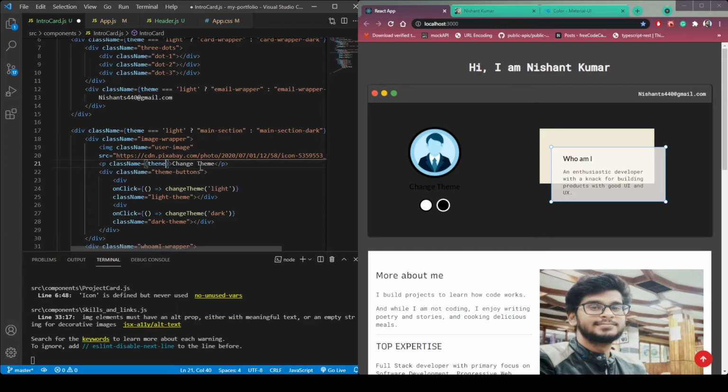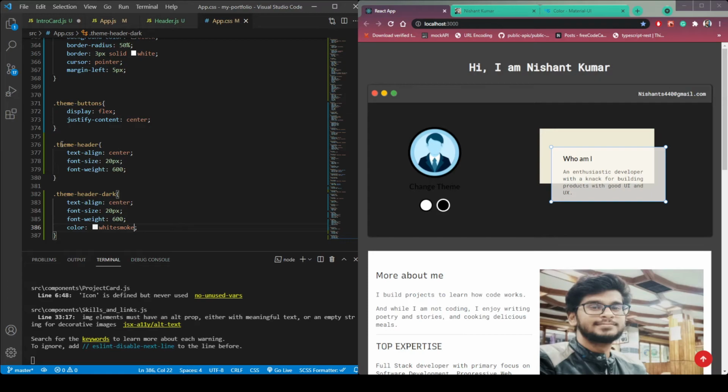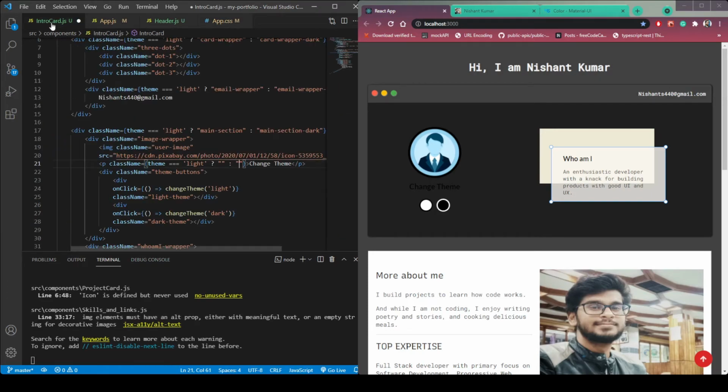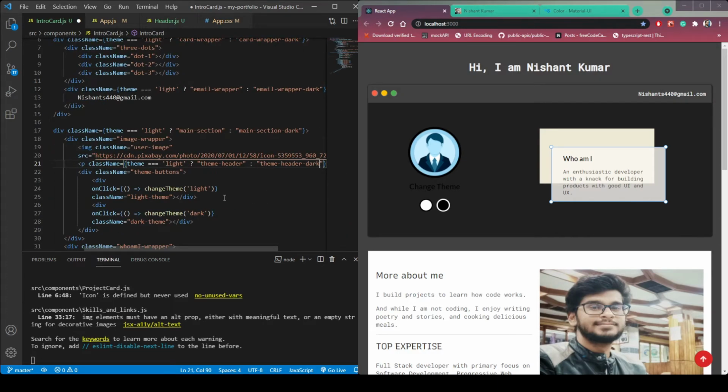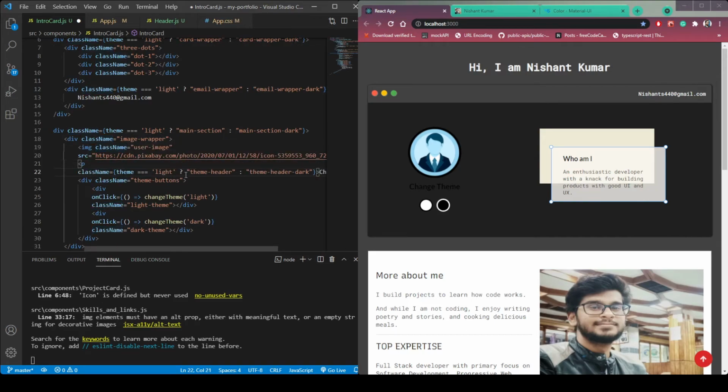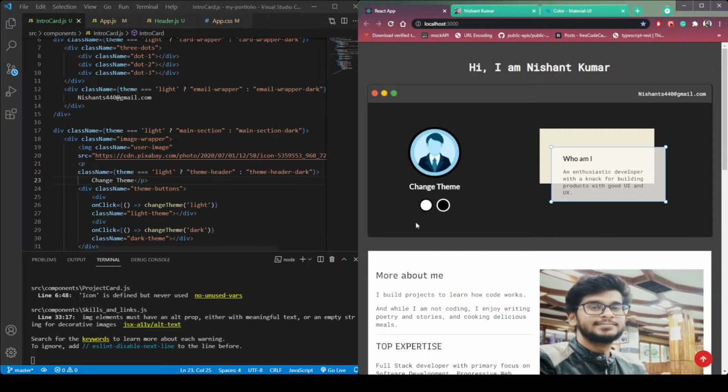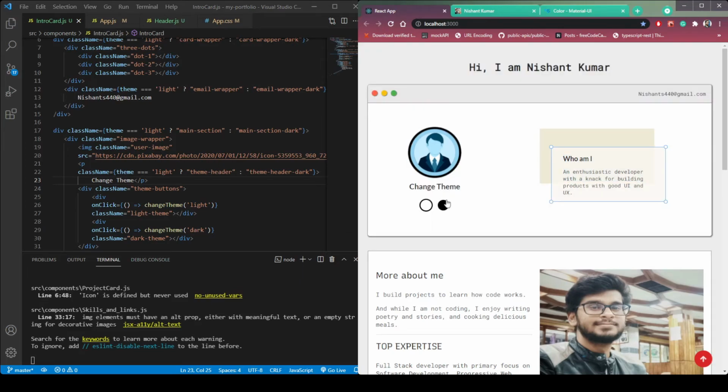So if theme is light, then the class name will be for lighter class name, and if it is dark, it will be for darker class name. So light, put it here, and then dark here. Save it. Now you can see our change theme button, or sorry, text is now lighter in the darker theme and dark in the light theme.